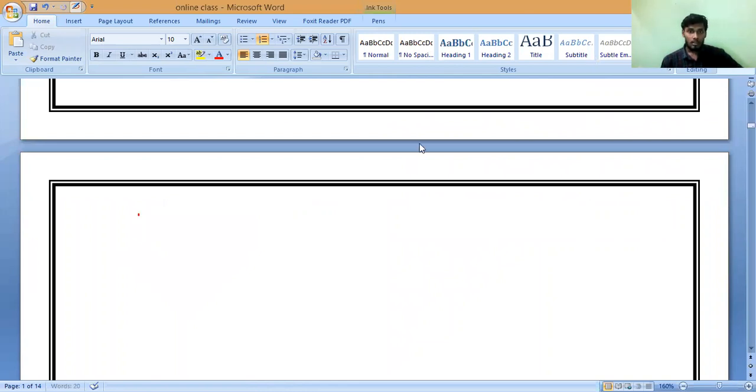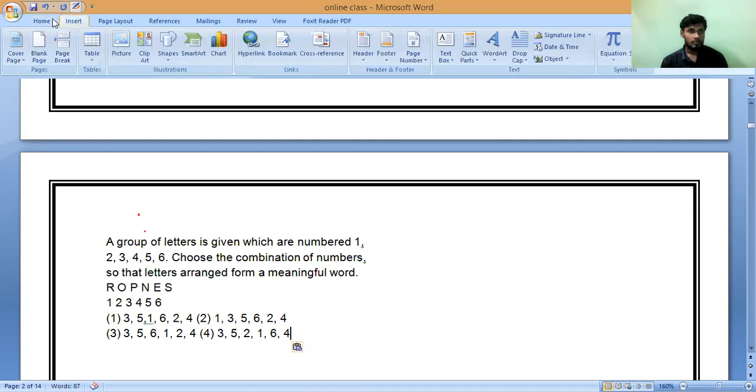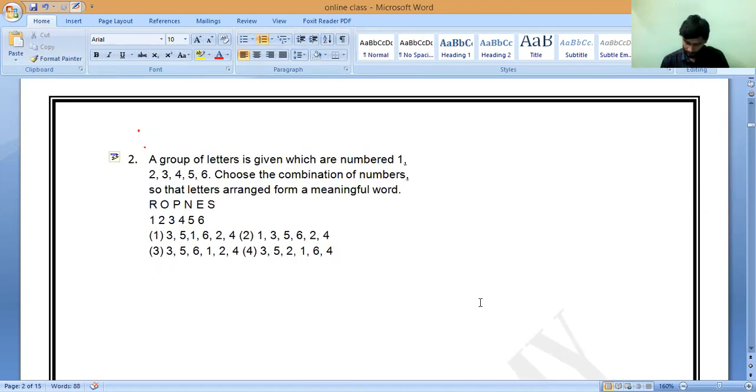You have to answer. Right, next one. A group of letters. Let me see who will solve first. This is the question. Do it. Fast, you should find the word. Don't take more than 10 seconds because there are no difficult words coming. Maximum 5-letter words, that's all. So you can arrange very easily. Who will say?